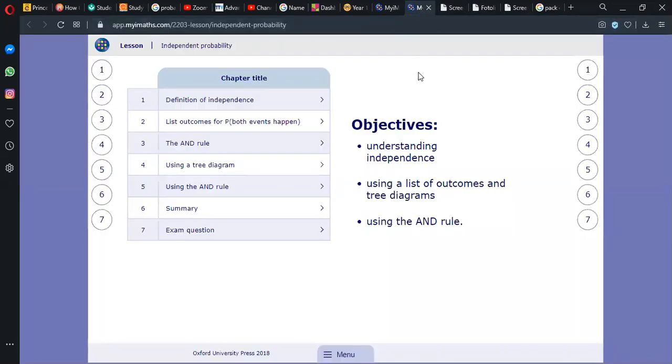Our objective for today's lesson is to understand independency, when you have two events to be independent of each other. And we'll be talking about the use of list of outcomes and the tree diagram. Of course, we shall be discussing the use of the AND rule. The previous lesson, we talked about the OR rule. So in this lesson, we'll be talking about the AND rule. All right, so without wasting time, let's quickly get to it. Now,